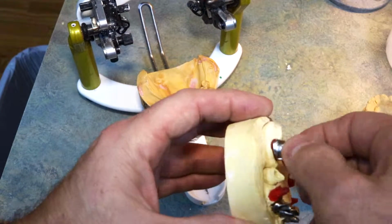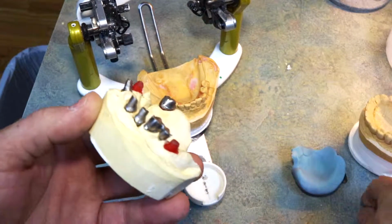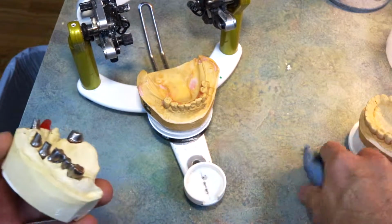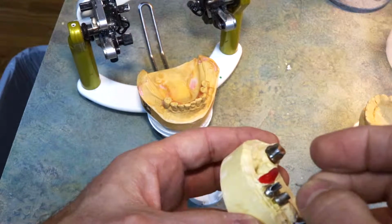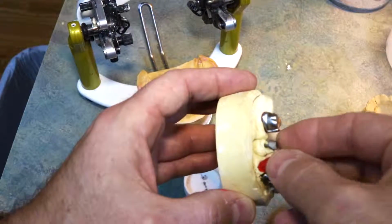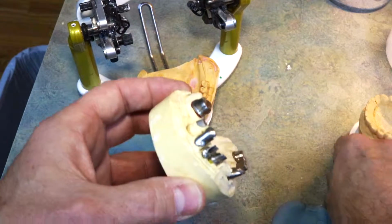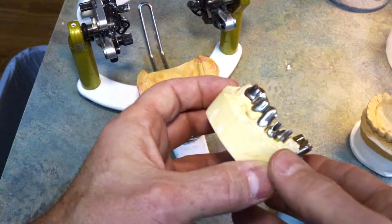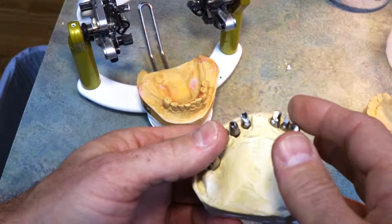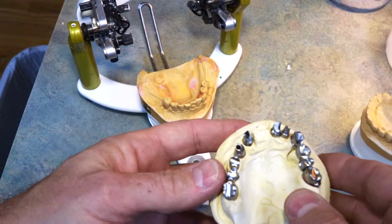and we have all the tooth-borne frameworks constructed. These have been tried in, and we just need to do our solder indices. And I have the post, and so we have this framework constructed, and I also have the custom cast abutments on the implants manufactured at